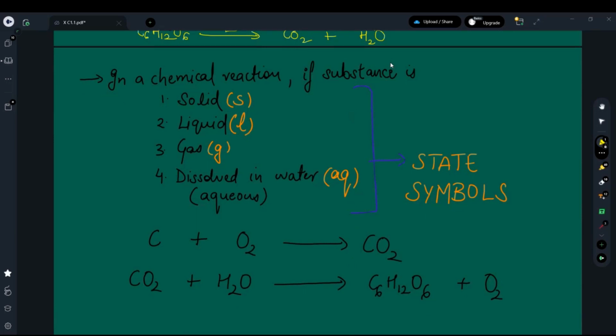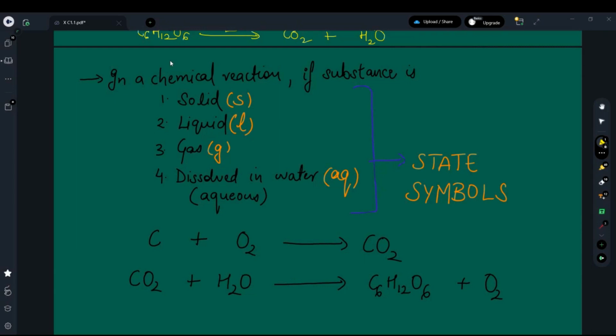So these state symbols can be of actually four types. These are solid, liquid, and gas. And the fourth type is slightly different because we have not discussed it. It has not popped up in any of the conversations previously. This is known as aqueous. It is written as dissolved in water. So what is dissolved? Something which is capable of forming certain species known as ions. As we move forward, we will understand more of it, but for now, this much is enough. Clear? All right. I know you guys are aware of ions, but I want to take a little bit more expertise on this before we start actually understanding that.